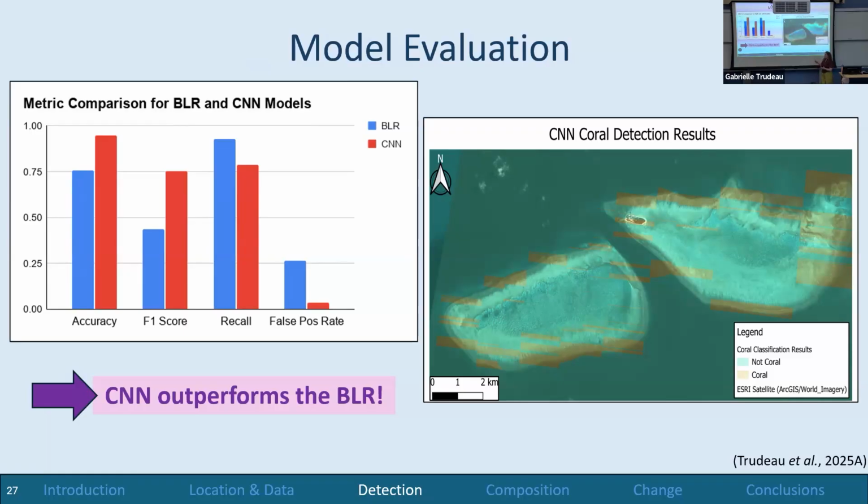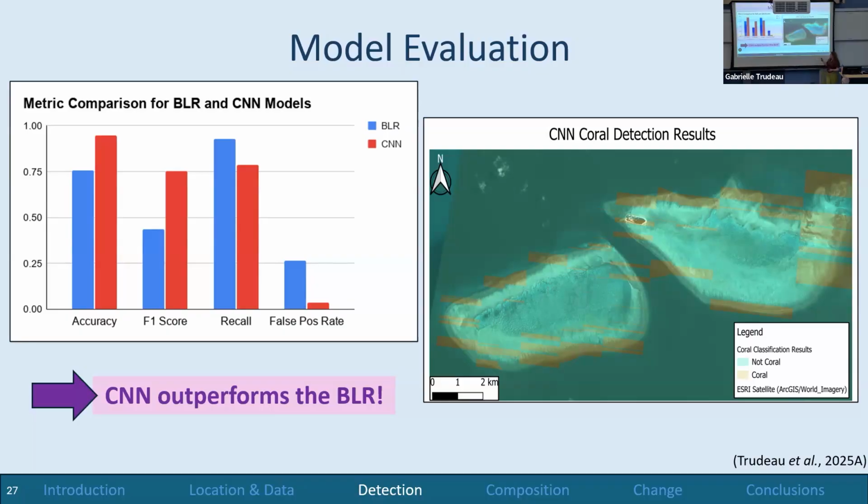So for the sake of this argument, the convolutional neural network doesn't do as well in recall, but we're less concerned about recall, right? Because if we were to miss a coral, it's not detrimental. We're not making navigational aids. We're not going to cost anybody billions of dollars by missing a coral, but instead we're erring on the side of not over-predicting coral in this case.